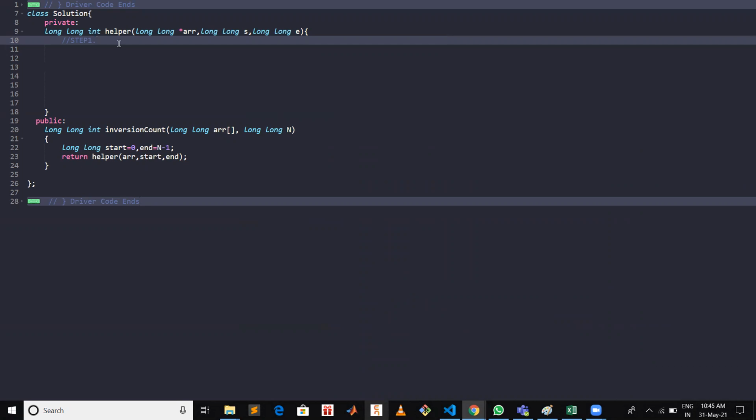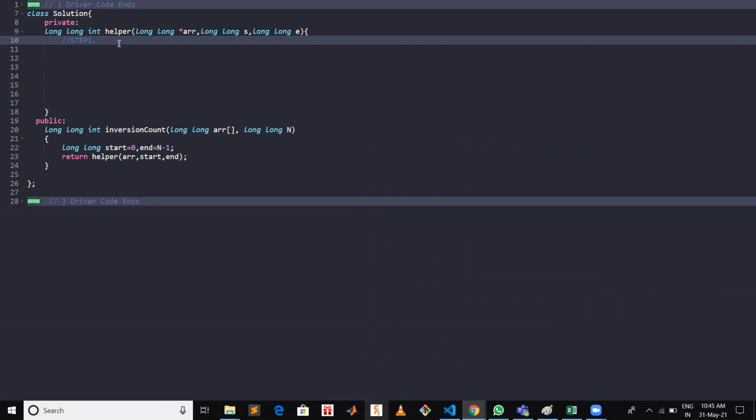In recursion, we first have the base case in most solutions. We have the base case, and then we call for our subproblem, and then we calculate for our current problem. Or you can do it the other way around, calculating for the current problem and then calling for the subproblem, depending on the question.